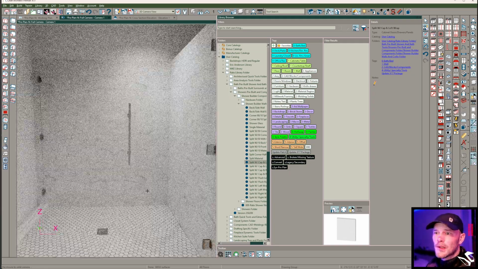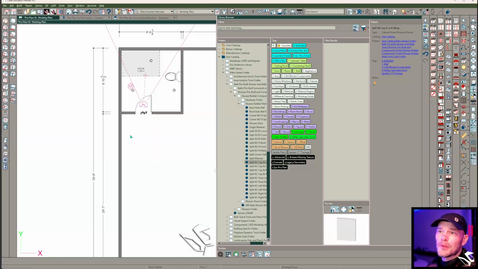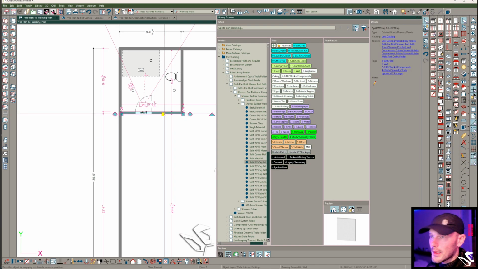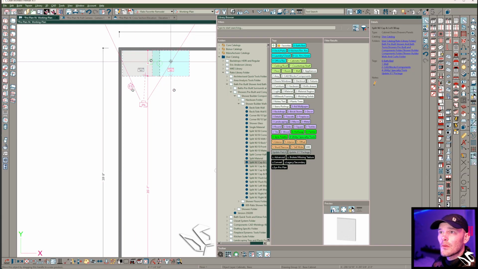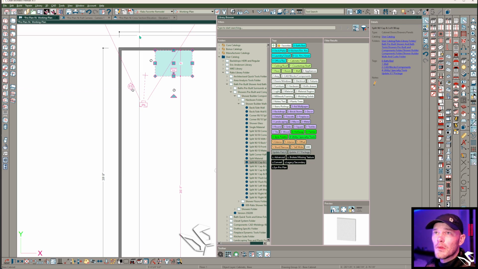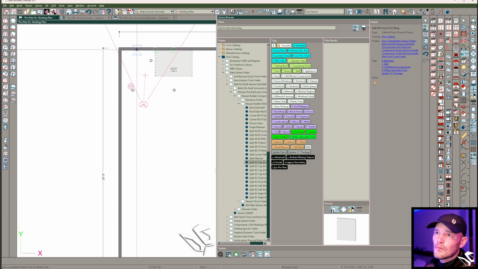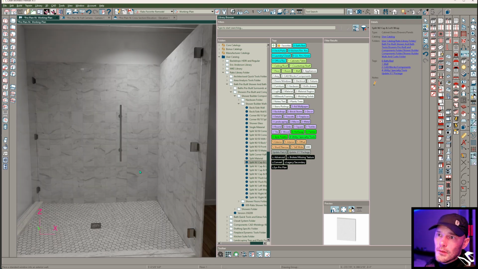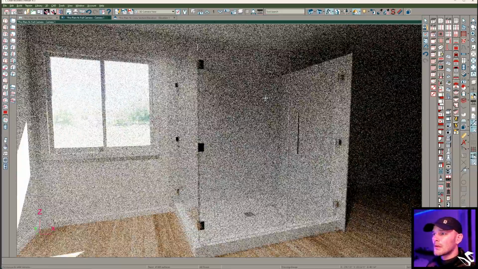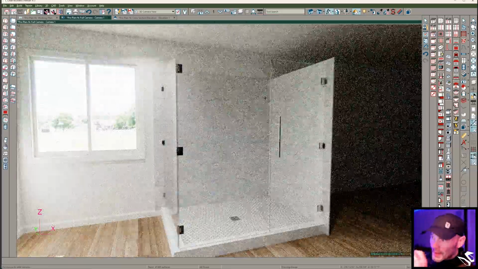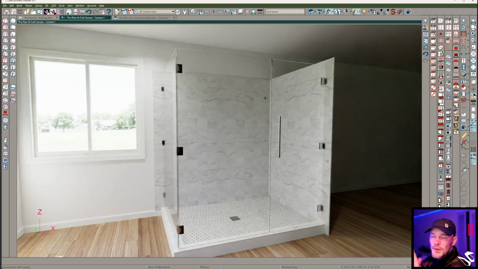So this is one that's pre-configured, and let me just pull these walls out of the way so we can really see this. Get this toilet out of the way, and we'll stick this more in the center of the room, and maybe we'll even put in some windows or something. Get some light in this room. And we'll get rid of this library. So here you go. This is just a cabinet,